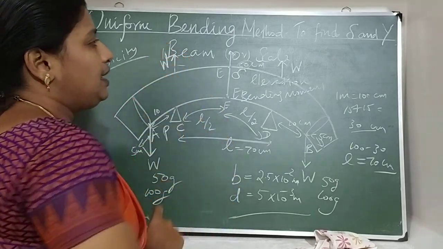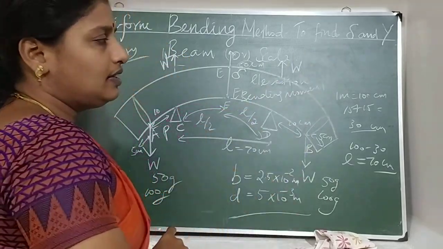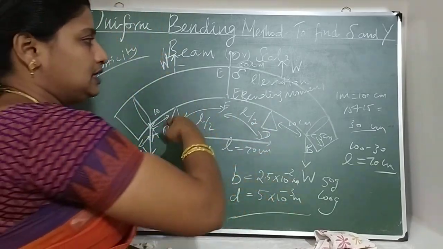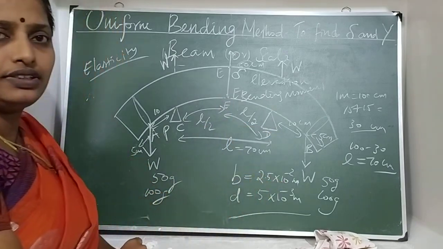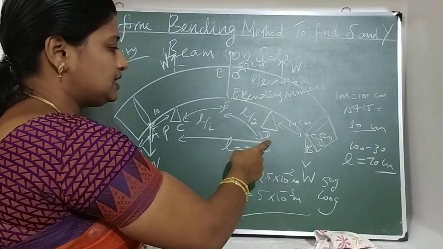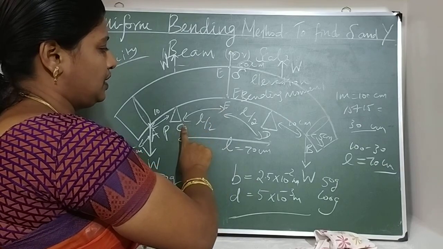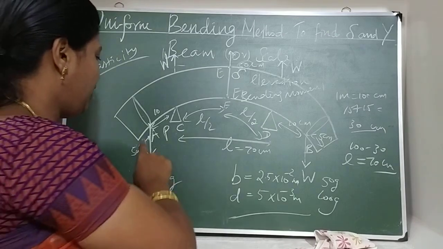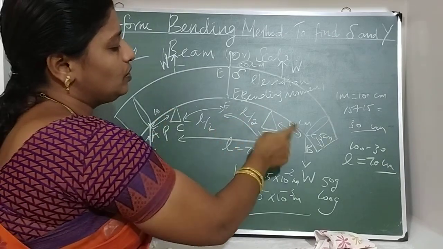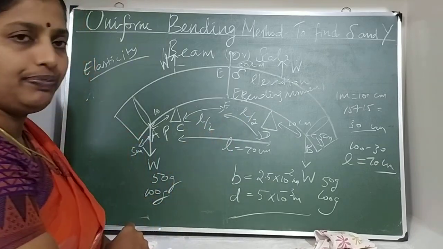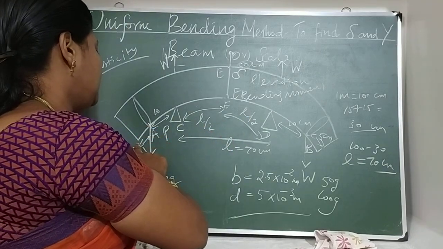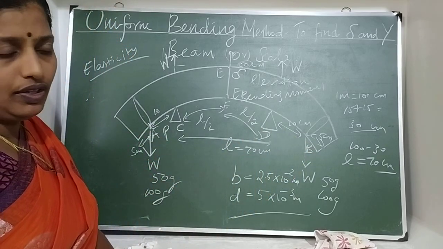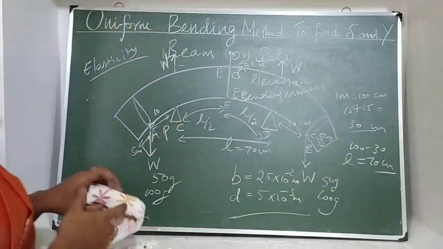In this uniform bending method, first the depression delta and then the Young modulus. We explain this beam, we are bending and analyzing. The knife edge distance is L: midpoint to knife edge distance L by 2, midpoint to other knife edge distance L by 2. Weight hanger to knife edge distance is the unknown value, which you have to consider as P. The weight hanger to the edges is the same distance on the other side, for example 5 centimeter, 5 centimeter. Your question, your aim, find out.